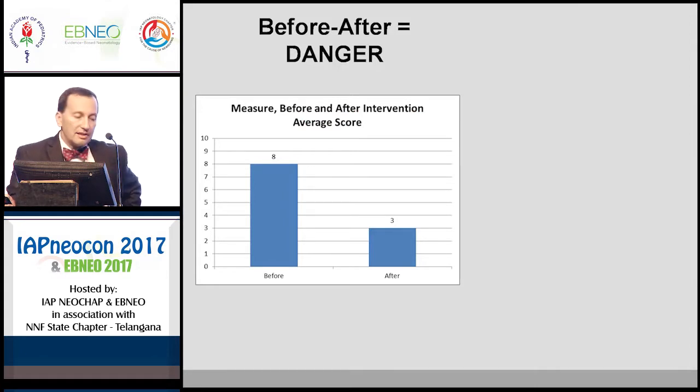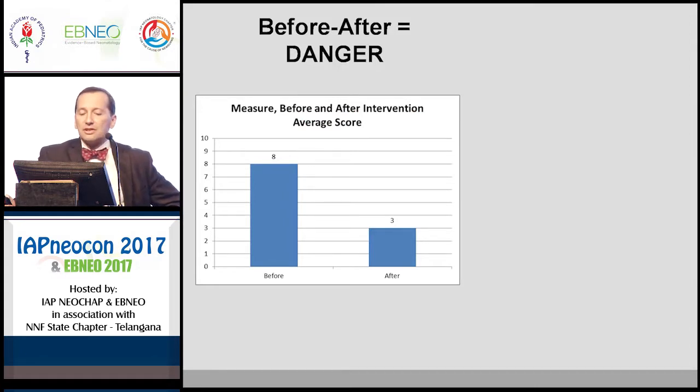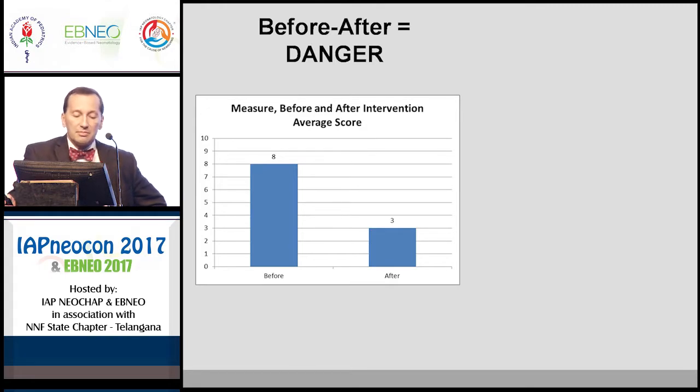I'll just add, as we were thinking about doing these sorts of charts, that there is some danger in just plotting before and after numbers and using that to derive your impressions about QI priorities. So we see here a decrease. Maybe this is the decrease in breastfeeding rates, for example, from a unit of 8, maybe that's percentage or numbers in a month, down to 3.